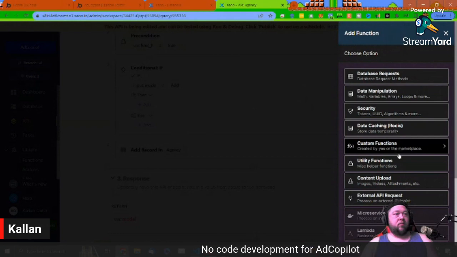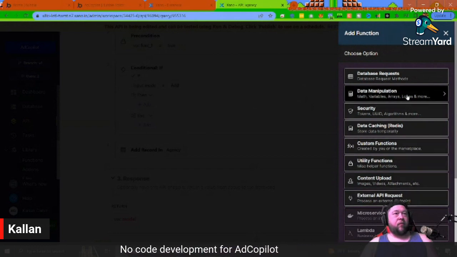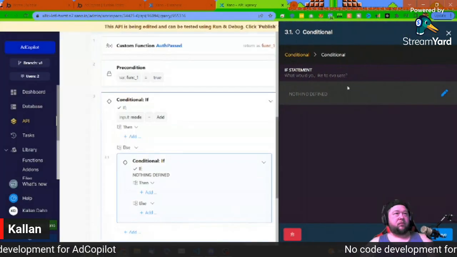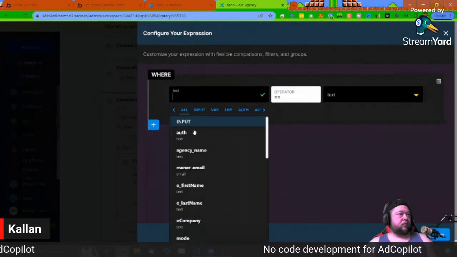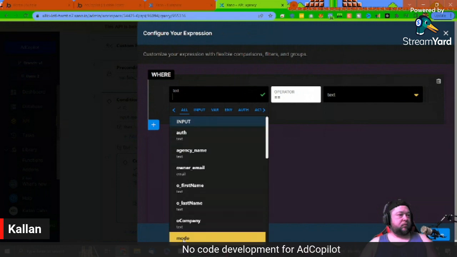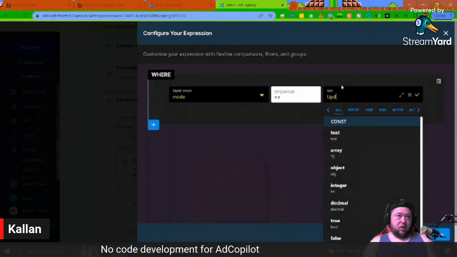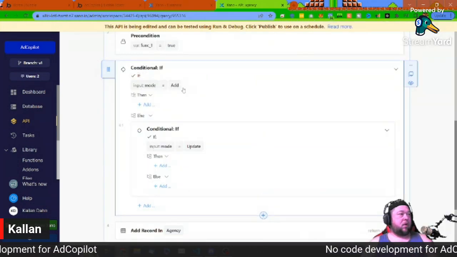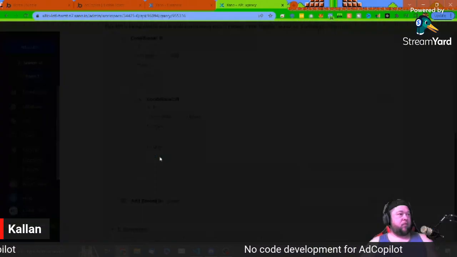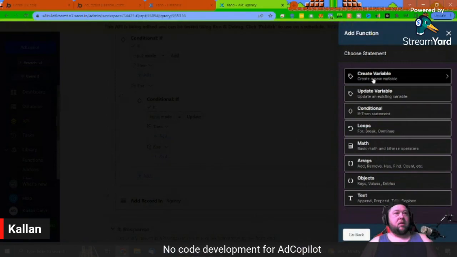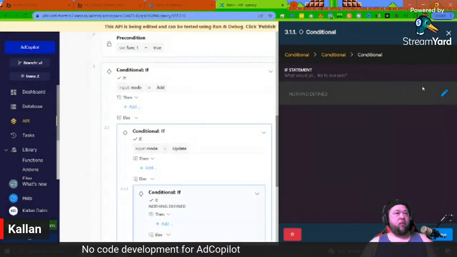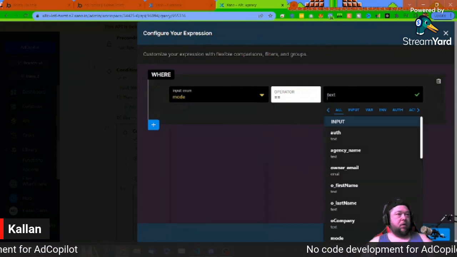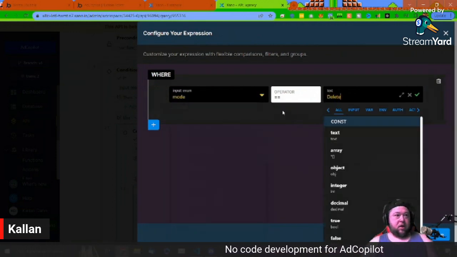Otherwise, another conditional. Mode equals update. And it's going to do this other thing. Otherwise, if the mode equals delete,